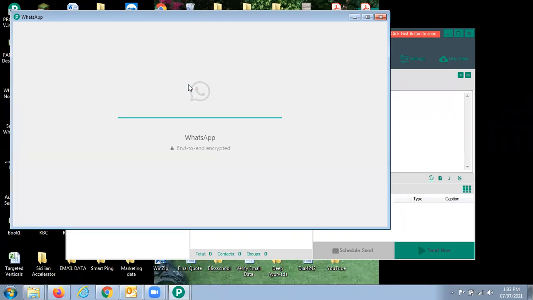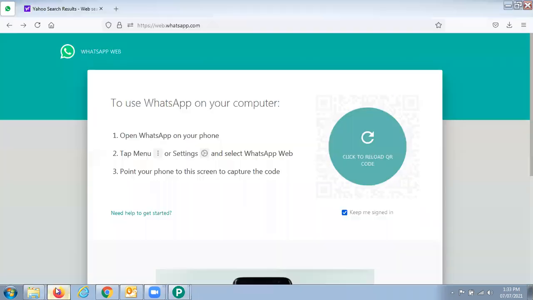When you are connecting to this, it should not be active on any other browser. If I am already logged in somewhere, we have to log out from the other device. Not Gmail, only the web WhatsApp section. I will show you. This is the screen you access through web WhatsApp. If this number is connected there, it will create an issue, so I just need to log out my device from web WhatsApp only. Other activity can stay active, no issues.